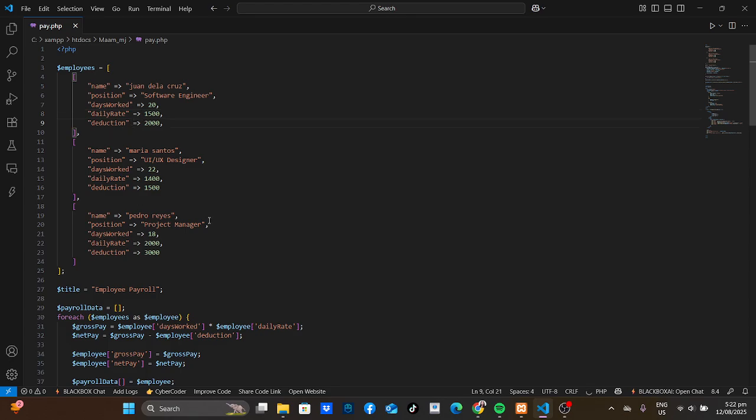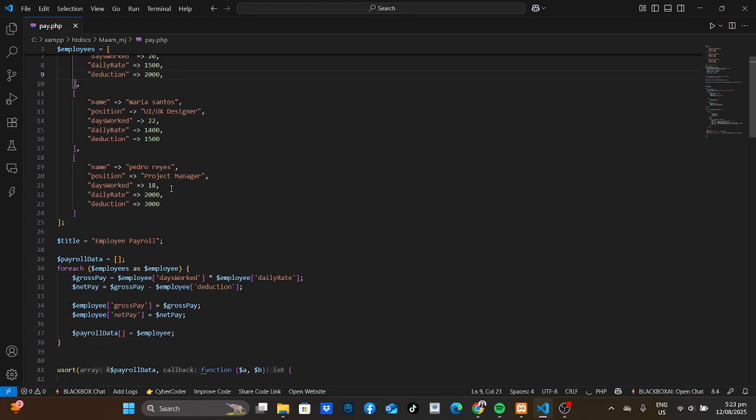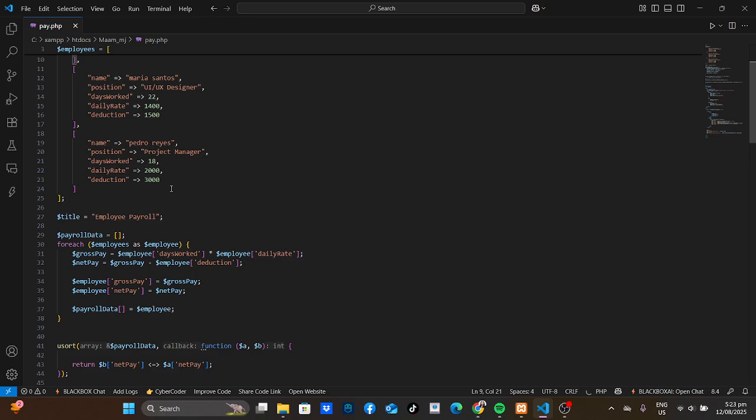These values will be used to calculate their salaries. I also created a variable called title, which stores the title of the page, employee payroll.